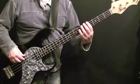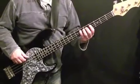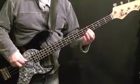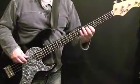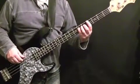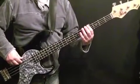and that 3rd bar of the chorus is G sharp, 4th frets of the E string, D sharp, 6th fret of the A string, F sharp, the 4th fret of the D string, back to D sharp at the 6th fret of the A string, and then the 4th bar is 2 low G sharps at the 4th fret of the E string,